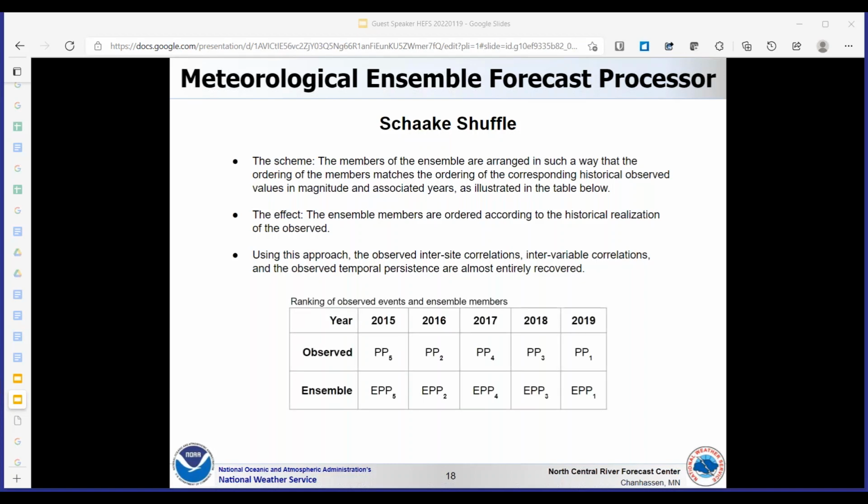So here's a simple example. Let's say our HEFS product is based on an ensemble of 5 members. And those members are based on the observed meteorological forcings from the years 2015 to 2019. In the second row of the table are the rankings of a meteorological variable, say precip, for a particular day, for a particular basin in each of those 5 years.